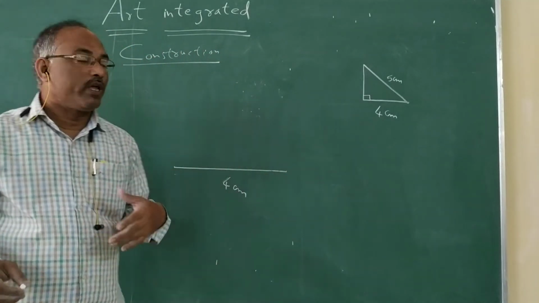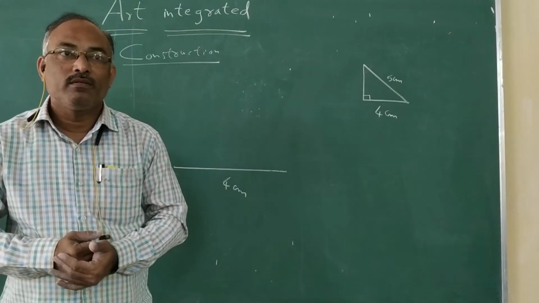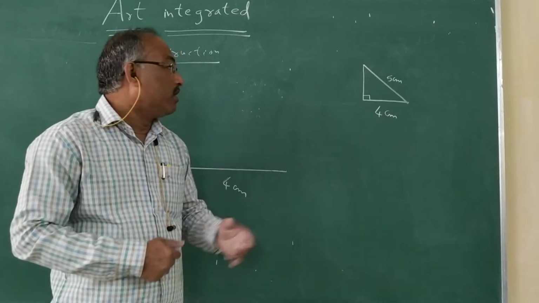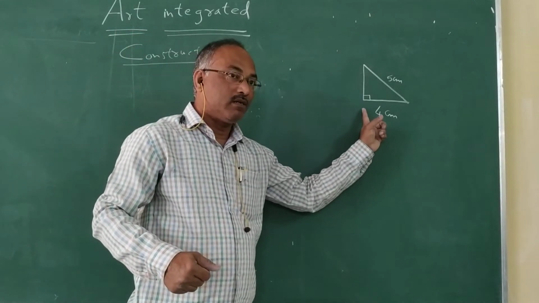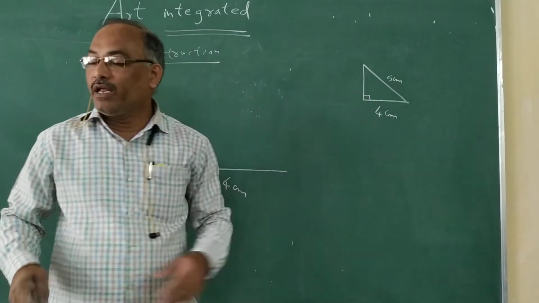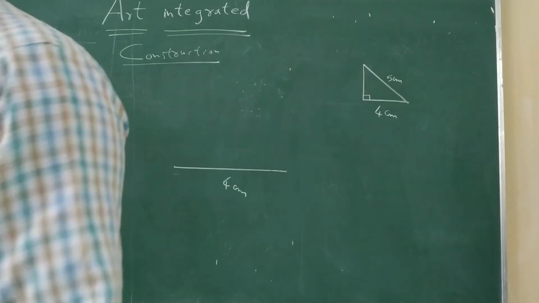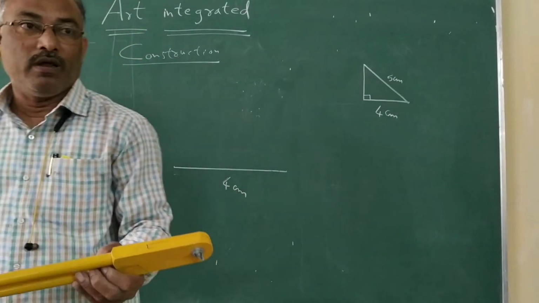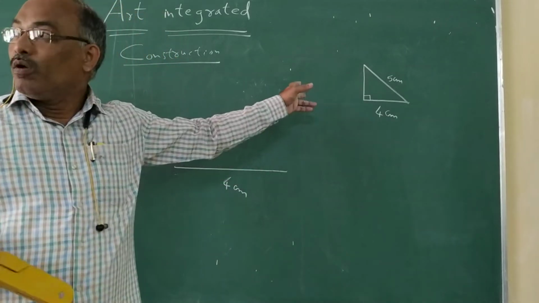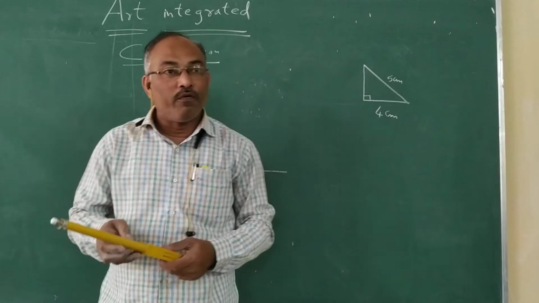Okay, that we can draw. Then what about the remaining element? Angle. Draw an angle at the base, at any one end point. How to draw this 90 degree? With the help of protractor or with the help of compass. Last year we have seen construction of angles. With the help of protractor or compass we can draw angles that are multiples of 15.